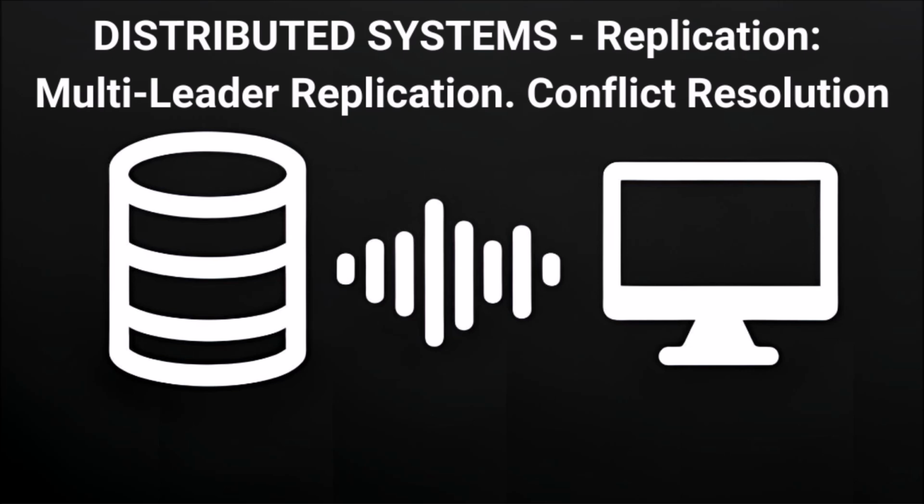Okay, let's make it concrete, like a wiki page. Yep. It starts with title A. User 1, maybe in Europe, changes it to B on their local leader. Almost instantly, user 2, say over on the U.S. West Coast, changes that same original A to C on their leader. And locally, both changes are fine. Each leader says, yep, got it. And that initial success, that's a big plus for multi-leader setups, right? Yeah. You get better availability, maybe lower latency for users close by.